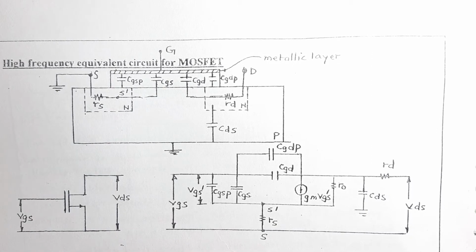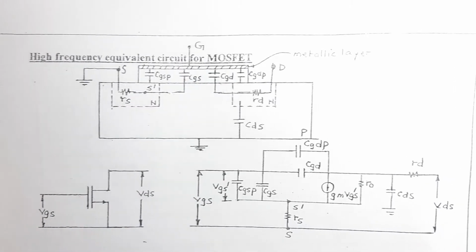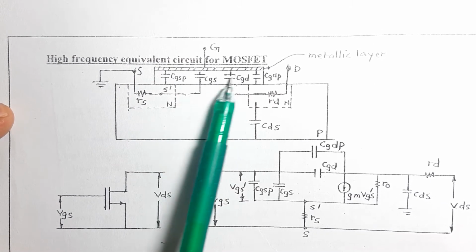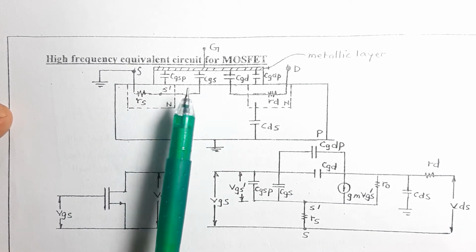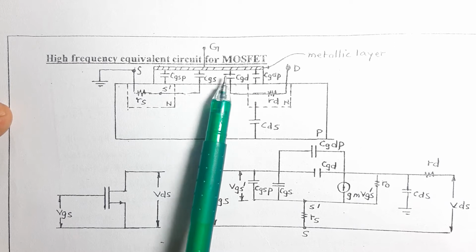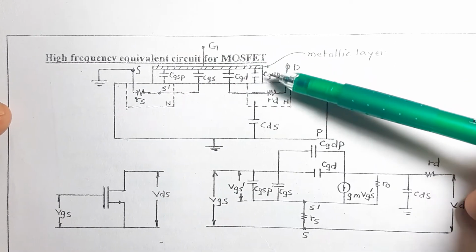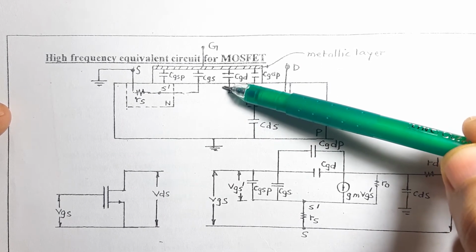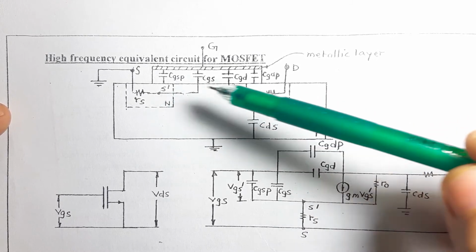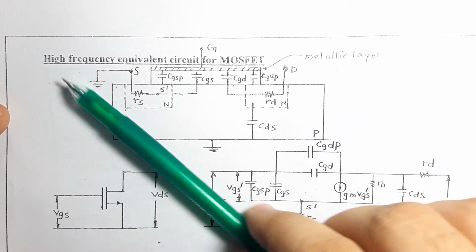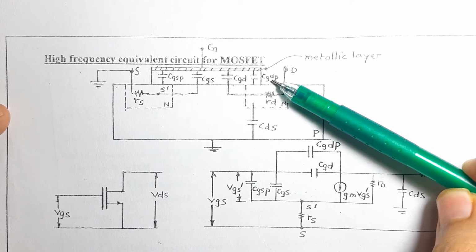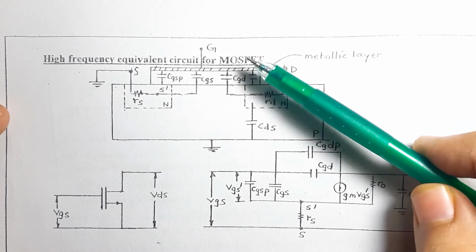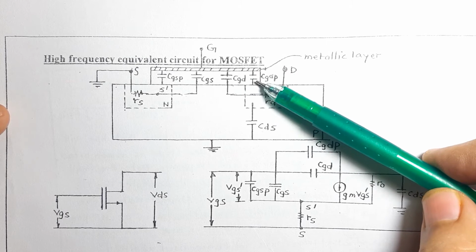Now we will look out for every capacitor. First of all, your CGS and CGD, these two connected to the gate, are inherent in the MOSFET. These capacitors represent the interaction between the gate, that is the uppermost metal layer, and the channel inversion layer, which is developed near the source and the drain terminal over here. Now CGSP and CGDP are parasitic or overlap capacitors. These are known as overlap because the SiO2 layer overlaps the source and the drain contacts.